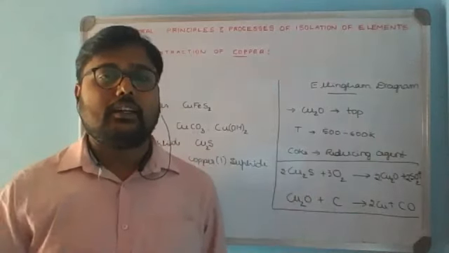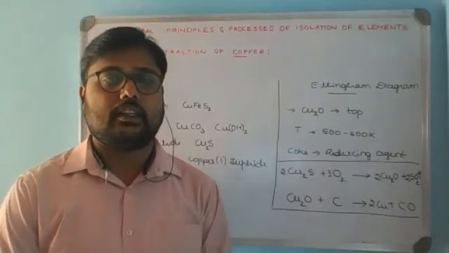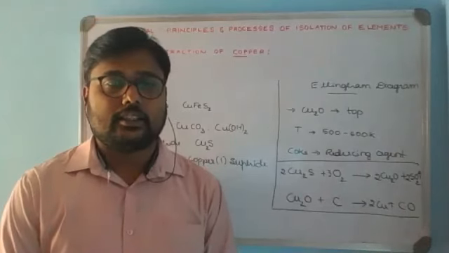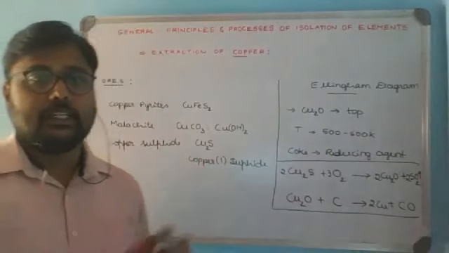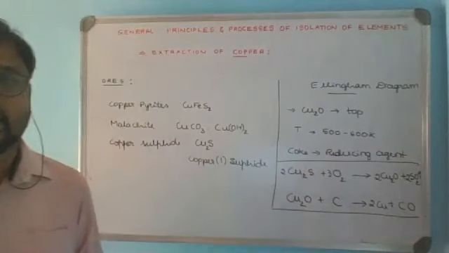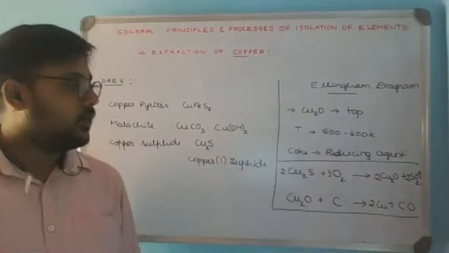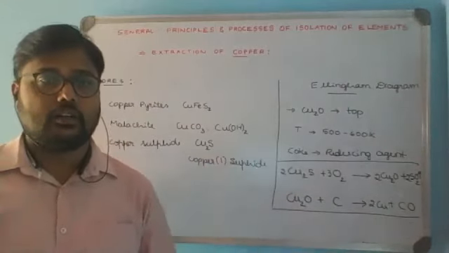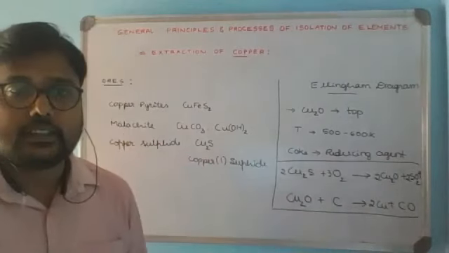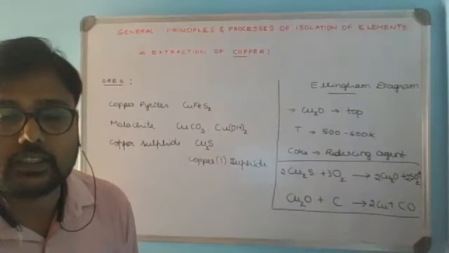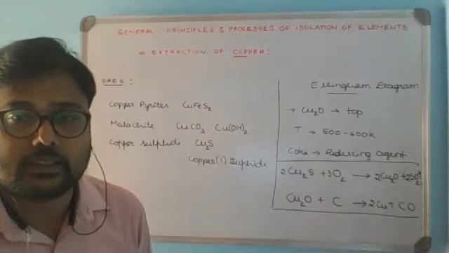But for the bulk extraction of copper from its ore, there is a commercial method available using a Bessemerization tower. How it is carried out, we'll try to extend the concept. So this was the basic introduction regarding the extraction of copper, the ores of copper, and the Ellingham diagram relationship, how reduction is carried out for the oxide of copper. Hope this is clear now. Now we'll consider the actual extraction method, learning how copper metal is obtained.